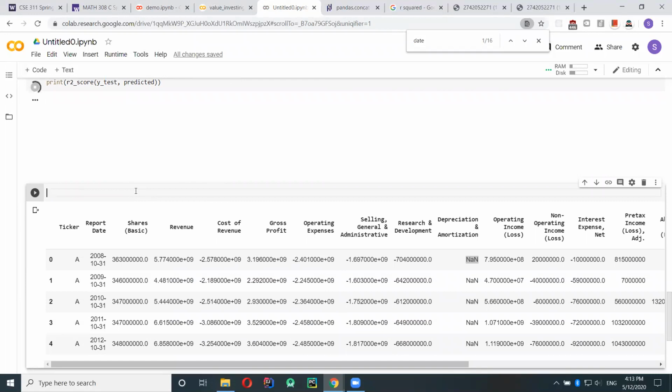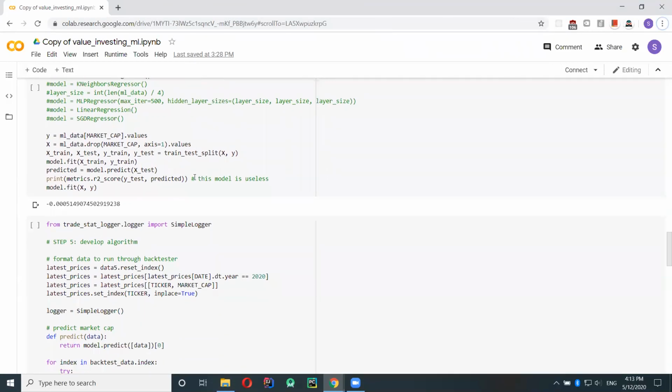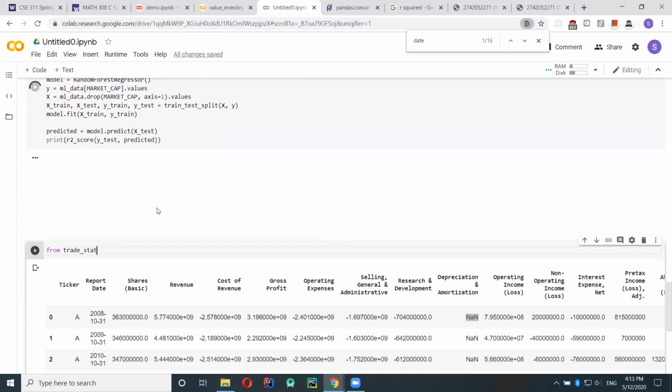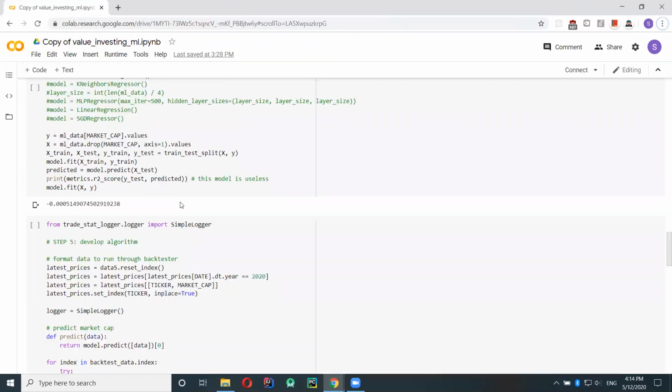Okay, from trades.logger import logger. Simple logger. Oh my god, that's awful. Negative 4.8.